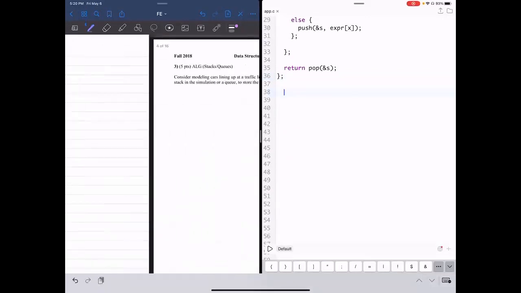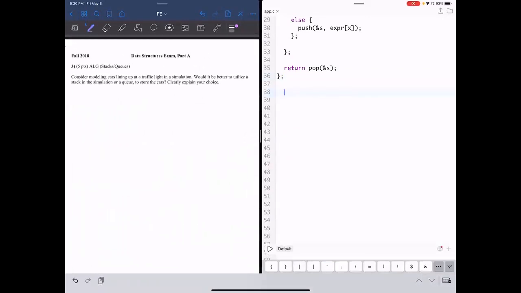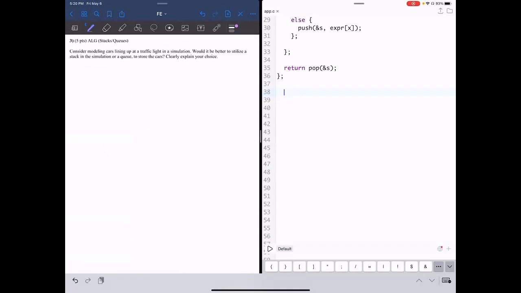So this next question, honestly, I remember laughing when I first saw this, but it's a good question regardless, I guess. So consider modeling cars lining up at a traffic light in a simulation. Which would be better to utilize, a stack or a queue to store the cars? So I guess the best way you can think of it,